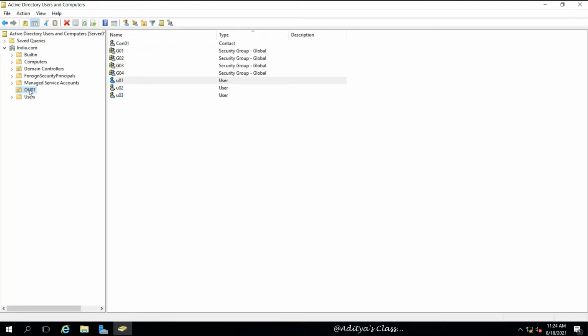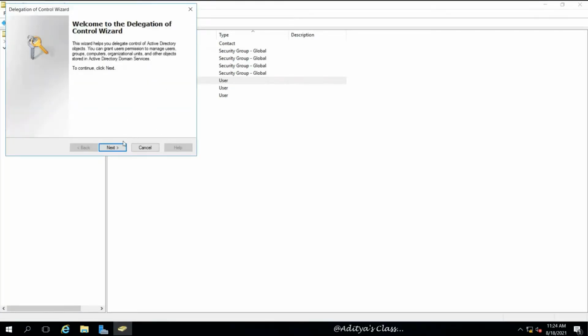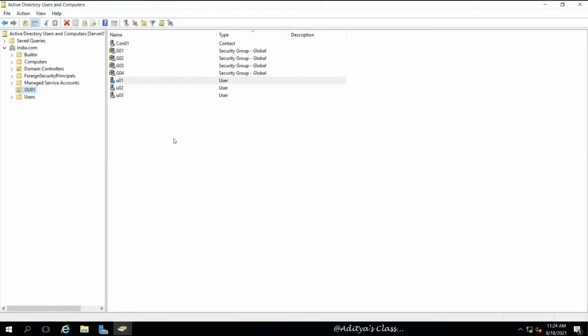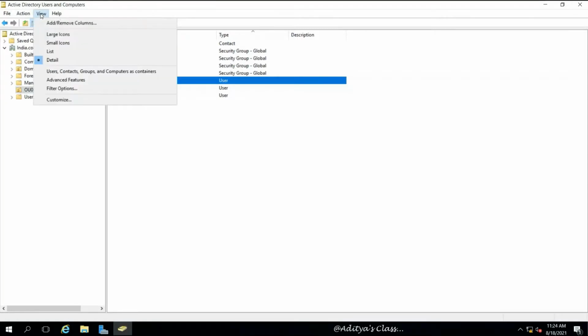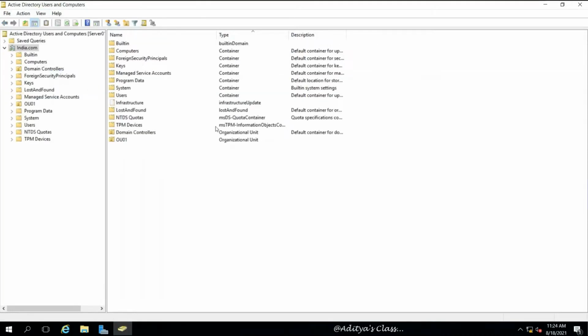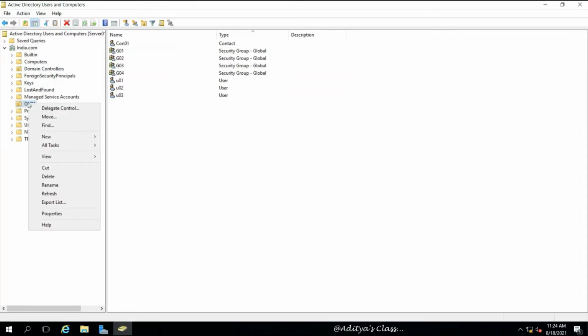Now if we want to see what exactly this user's permissions include, we cannot see it from the same options here. To do so, we need to again go to View, Advanced Features, and then right click on the OU, go to Properties and then click on Security.